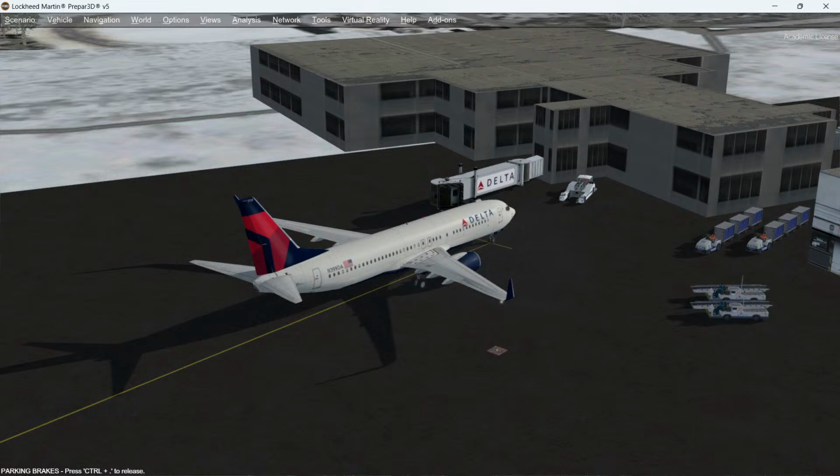unfortunately, a lot of the scenery at a lot of the airports within Prepar3D is not like its real-life counterpart. And that's why we have programs like Airport Design Editor, which can allow you to make adjustments to the scenery objects. And then you have programs like GSX where you can set up all the gates and all that groovy, fun stuff, and make your airport more realistic to what it is in real life than what this is. So when I first logged on